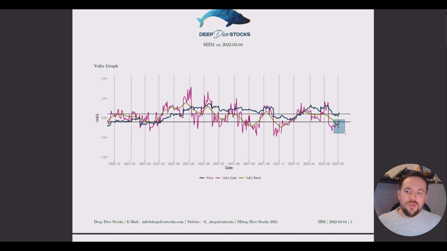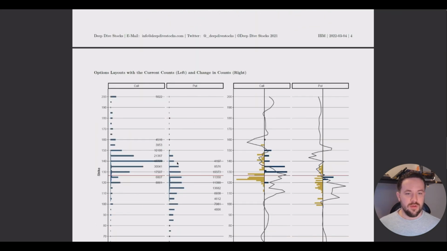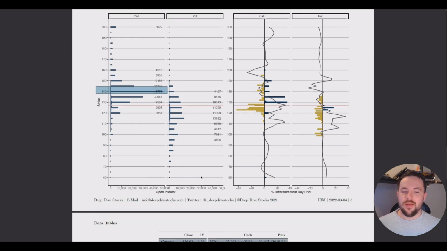On the other hand, you have a healthy amount of about, what did we say they were? 135. A healthy amount of those calls seem to be dealer long. But again, it looks like there are more dealer short calls at 140. So that's IBM approaching earnings. I'll let you decide how you want to interpret the data, but that's the data.